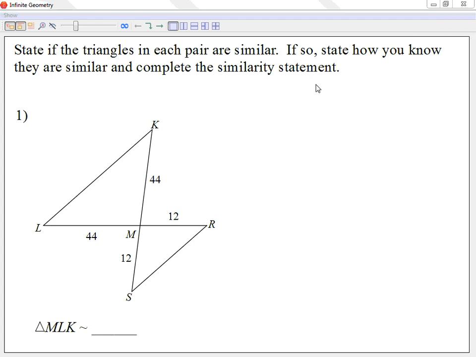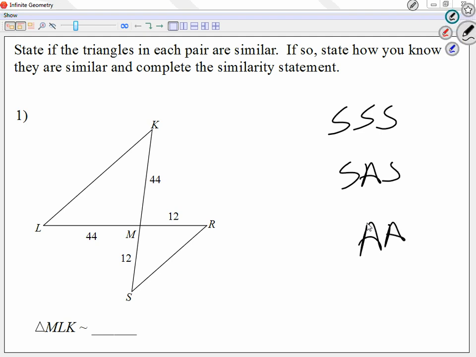The rules that we use for similarity were side, side, side. Right, 3 sides. Another rule that we used was side, angle, side. That was another one that we used. And the last one we use for similarity is angle, angle. So 2 angles is enough for similarity. Remember, similarity means that the figures look the same, but one of them can be bigger than